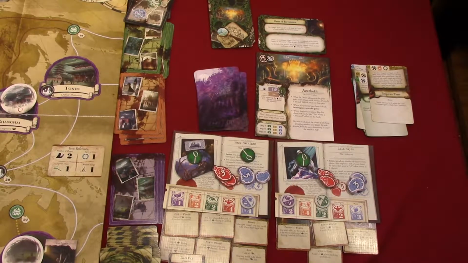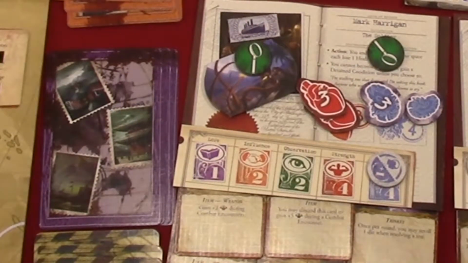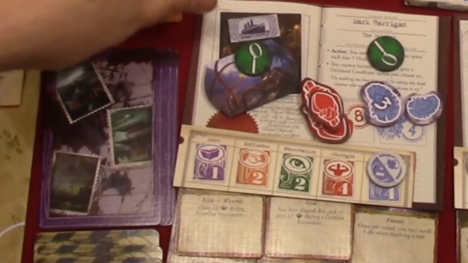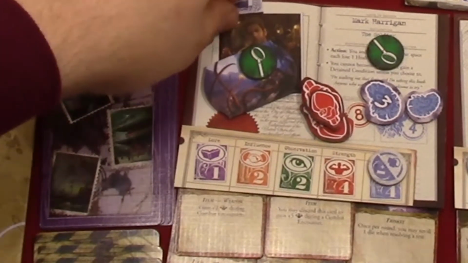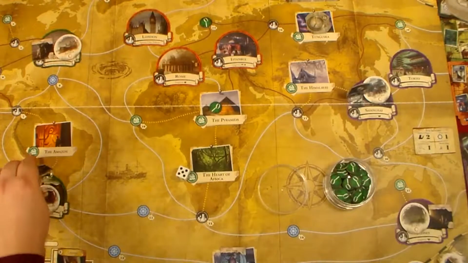Okay, on to round 5. Let's see now. Here's what Mark's going to do. For his first action, he's going to heal. Okay, for his second action, he's going to take a boat ticket here, and he's going to spend it and travel. And he's going to go over to